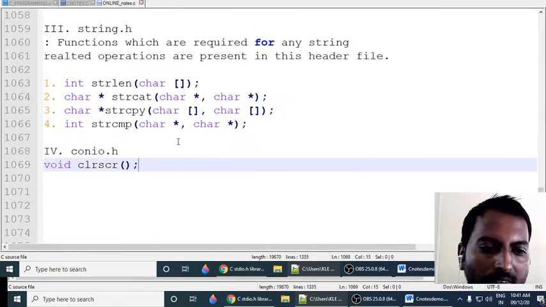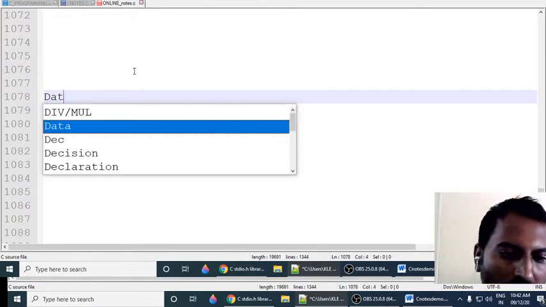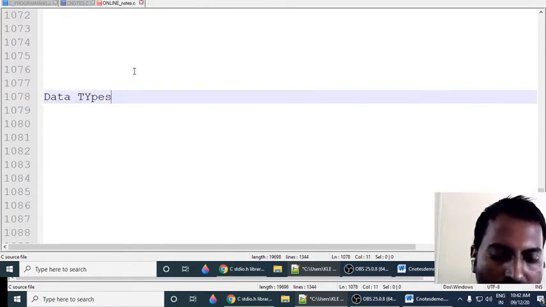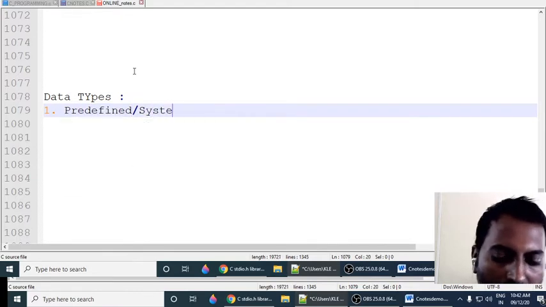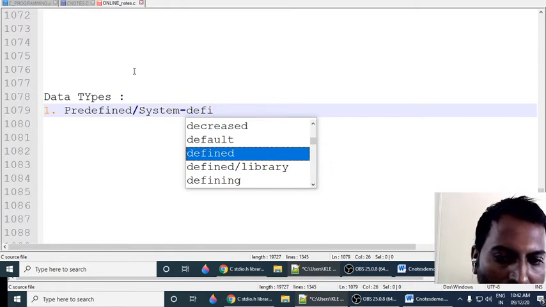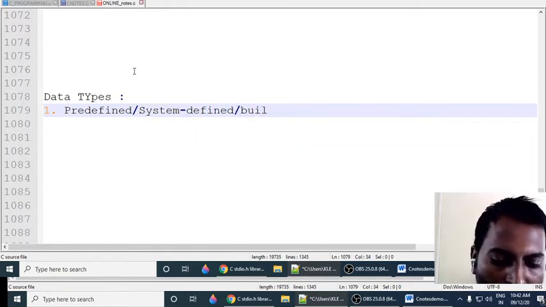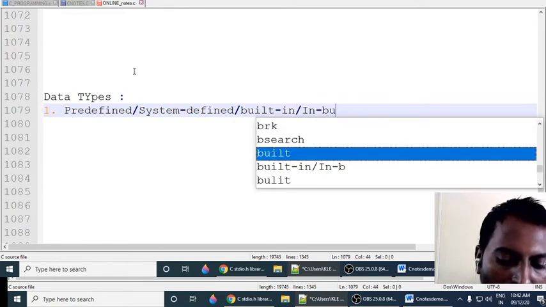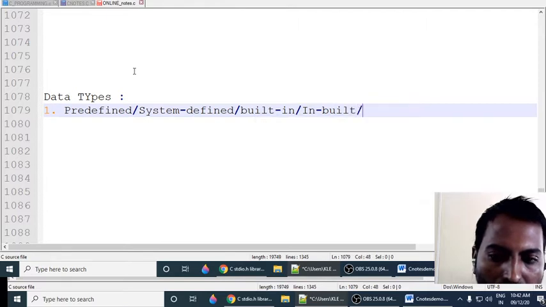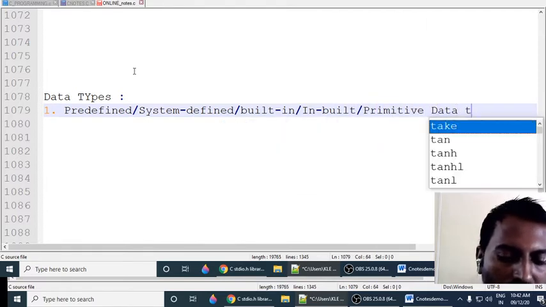So in this class we are going to discuss data types and its classifications. In the first one, already we have seen predefined or system defined, or built-in, or inbuilt, or primitive data types.